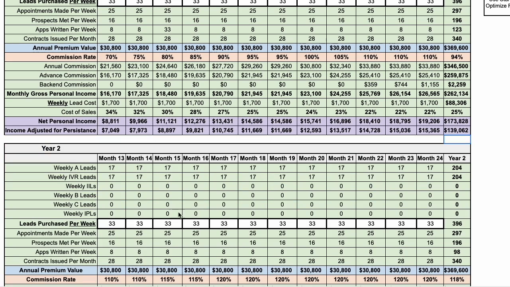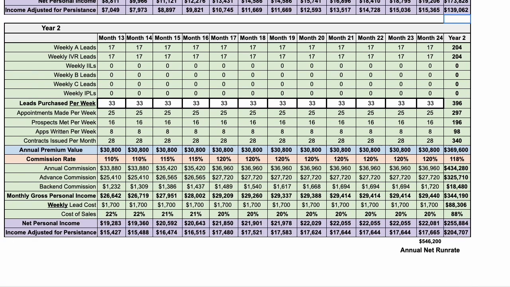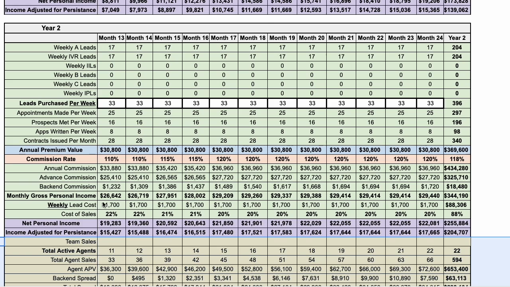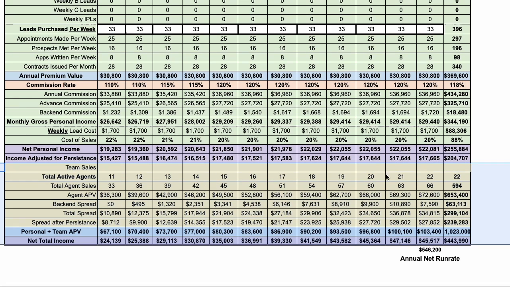Let's go back and down, and here's what happens. It starts to really compound in the second year. I'm still adding 1 agent per year, 1 agent per month. This is the number of apps they're writing. Here's the APV they're producing. And here's the back end spread, because now we're getting months 10, 11, and 12 into the mix from their business. Here's the total spread for the agents, and that produces a spread after persistence of